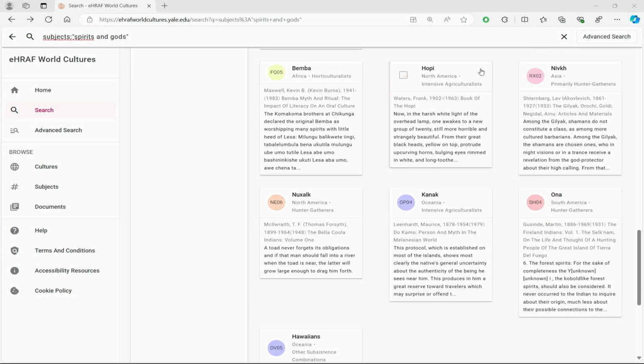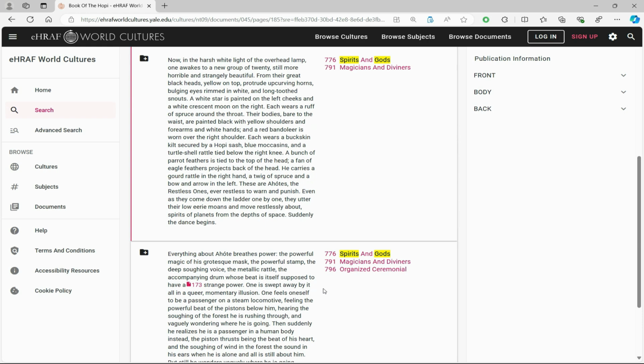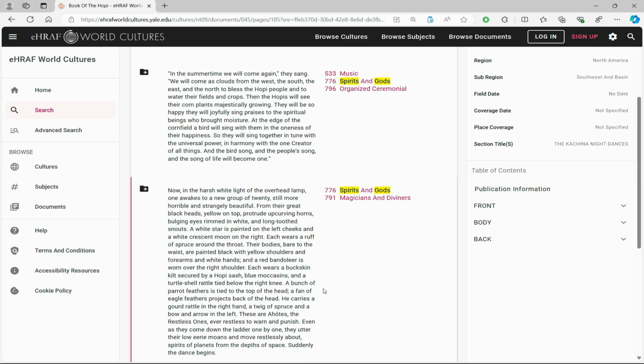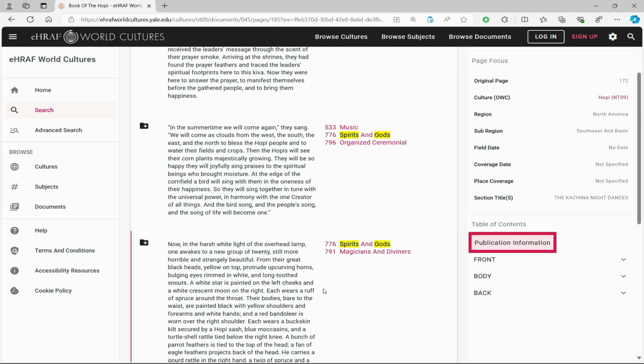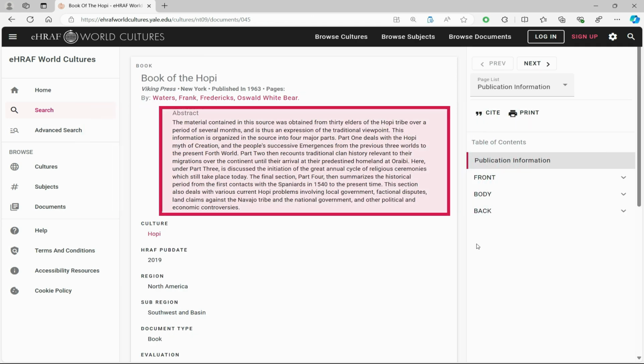When viewing a paragraph in isolation, it is not always clear what the author is saying. To better understand the ethnographer's meaning, you may click the Full Context button to see the paragraphs immediately preceding the paragraph you selected. After clicking the Full Context button, you will also see a link to a document's publication information on the right-hand side, allowing you to see eHRAF's abstract, as well as the document's author, title, publisher, and so